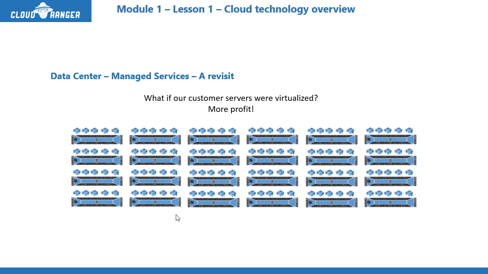You'd probably have to pick up a phone, call someone and say, hey, I need 5 or 10 virtual machines. They would have to figure out a way to give it to you, making sure they're giving it to you in the network where your existing stuff is. Maybe this was one of their cabinets, and if this cabinet ran out of servers because other tenants were using it, they'd put you somewhere else, and they would have to figure out some crazy way to network between your servers and those servers. With cloud computing, you should be able to do all of these things yourself, and do it quite easily, in a self-service way.